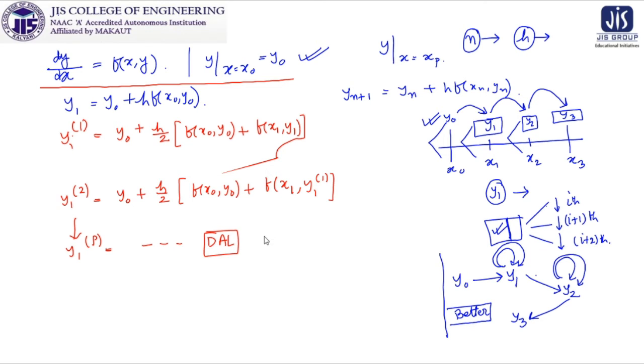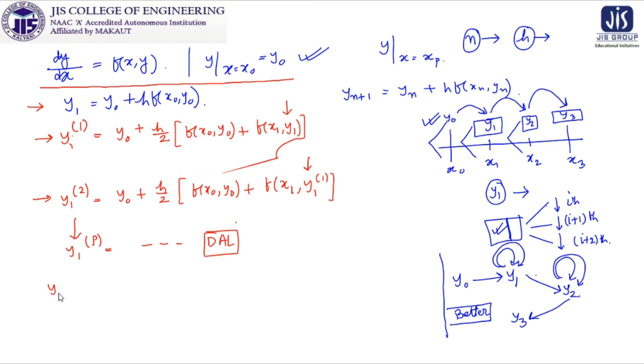So look at this, here we are taking the average of these two, where y1 is calculated by this formula and it is used here, then y1 is updated to y11, it is used here, then y11 is updated to y12, it will be used in the next case. In this manner we will stay at y1 until and unless we are happy.